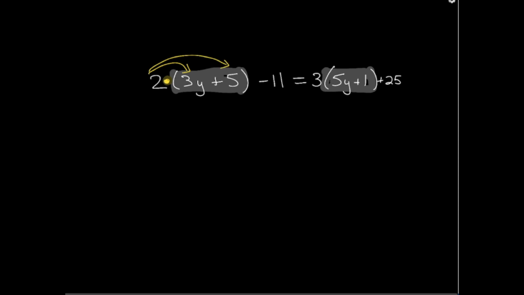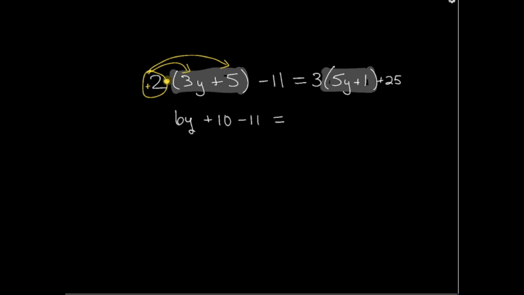So the first step I need to do is take the 2, and if there's a sign, if that 2 is negative, you would take that negative with it, but we don't in this case. It's a positive 2, so I take that positive 2 and I multiply it times 3y. That will give me 6y. Then I go ahead and take the 2 and multiply it times my 5. That gives me a plus 10. Then I have to bring down the negative 11